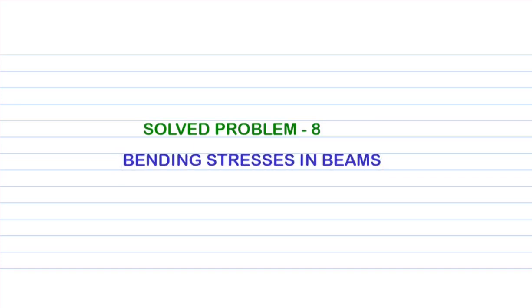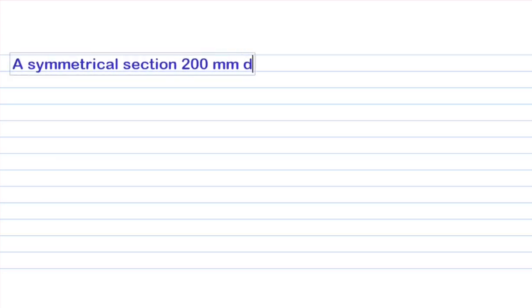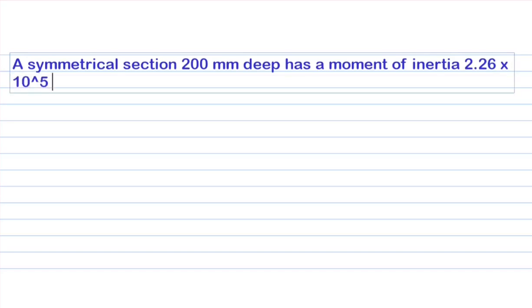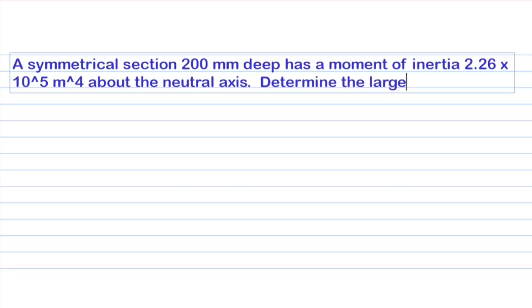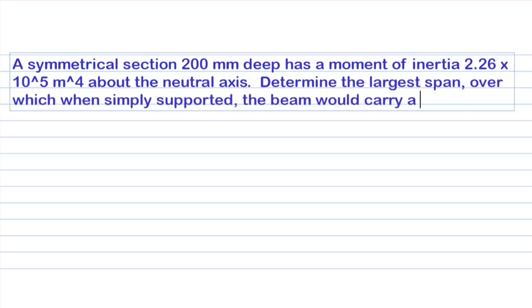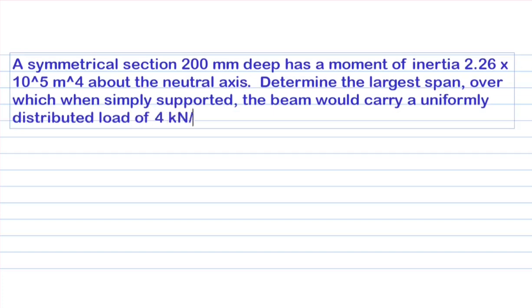Welcome back. For the next three lectures, including this lecture, we shall solve examples based on bending or flexural stresses in beams. In the first of the examples, we have a symmetrical section 200 millimeters deep and has an area moment of inertia 2.26 times 10 to the power of 5 in meter raised to 4 units about the neutral axis. It is required to determine the longest span over which, when simply supported, the beam would carry a uniformly